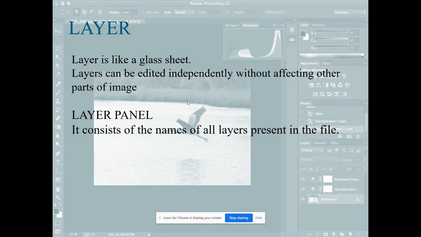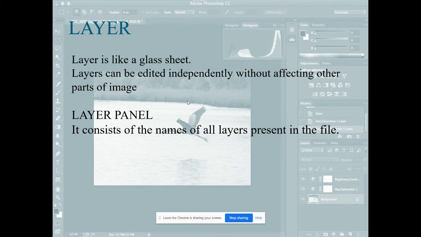Okay, so even when you have gone for an ice cream, you will be having different layers. A thick layer in the middle, a juicy layer at the top, and some spicy layer at the bottom. All those things, right? So these are the layers. It can be edited independently without affecting the other parts of the image. Okay, you're not going to affect other parts of the image. Instead, you can edit the different layers independently.